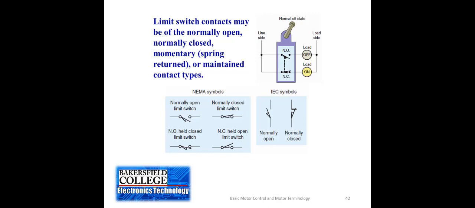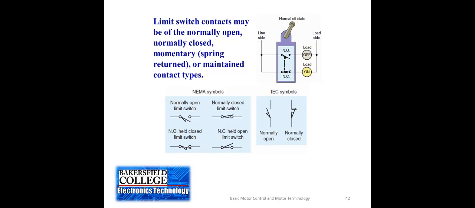A good example of this, and I've used this example before, is on the door or access door of a piece of equipment. So when that door is closed, the piece of equipment can operate normally. But once somebody opens that access door,